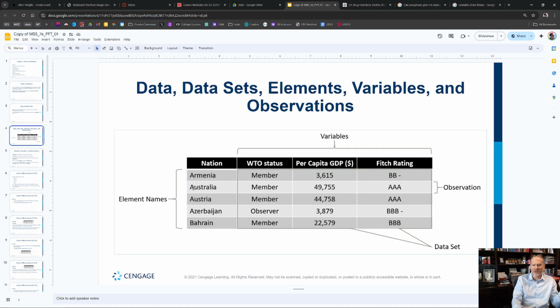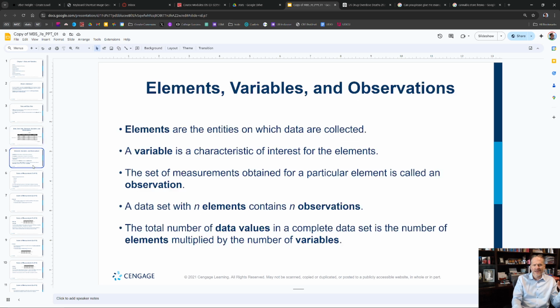This is an observation. So here's an observation for Australia, and here's the observation for Austria. It's the element and the data for each variable that you collected for each element. So an observation is one element, and then it has variables, and the observation includes the data that you collected for the variables for that element. Again, when you get into some new domain, you have to learn the new language, and that's kind of what you're learning here. And then all of this data is called our data set for our study. Those are the terminologies there.